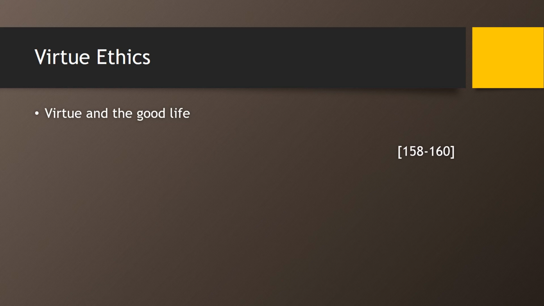Now, the classic tradition of virtue, as I said before, is related to the natural law theory that we covered in a previous lesson. The idea is that humans are a certain way, and there's a certain kind of life that's a good life for a human being. According to the virtue view, to realize this kind of good, flourishing human life requires the virtues. You need justice and courage and temperance and prudence and maybe a lot of other ones in order to have a good, flourishing human life.